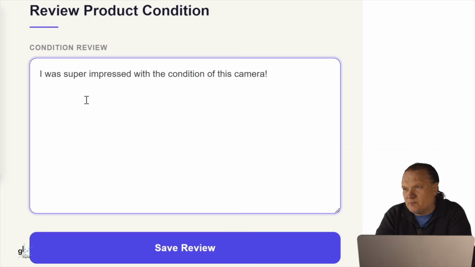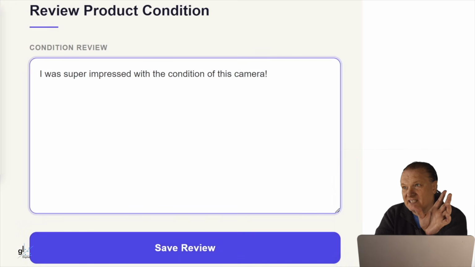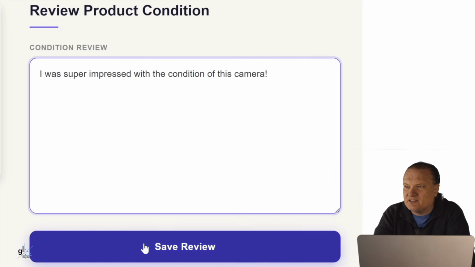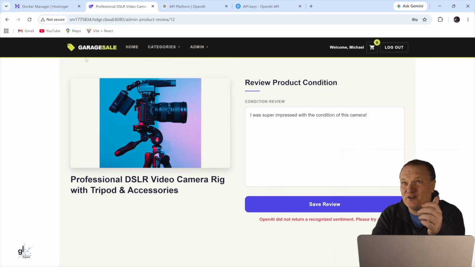Now, ordinarily, this would bring back a sentiment. When we click Save Review, it would bring back one word representing the sentiment, which is either excellent, good, bad, okay, or terrible. In this particular case, clearly the sentiment would be excellent. But let's press the Save Review button and see what happens. Okay, OpenAI did not return a recognized sentiment. Please try again. And that's because we haven't configured the relevant OpenAI environment variables, and that's what we're going to